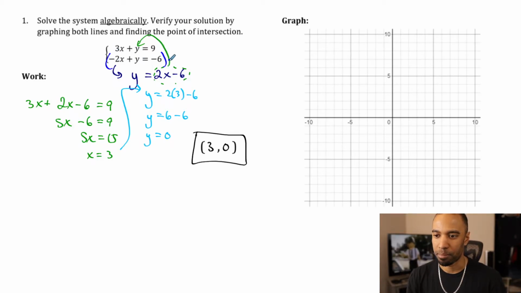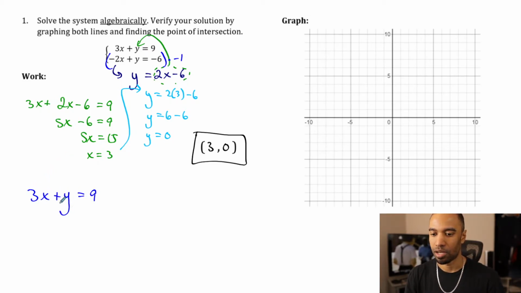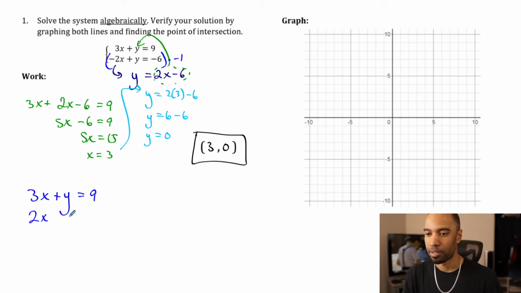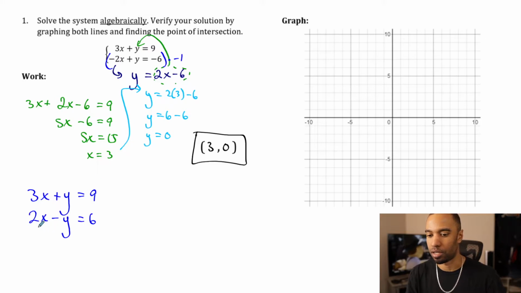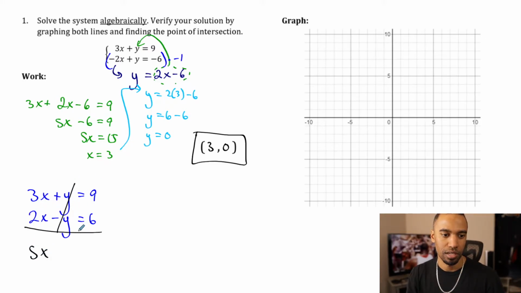say, and multiply everything by -1. I'm doing this because then I can go ahead and get y canceled, eliminated, on top and bottom in a brand new equation when I add these things up. When I multiply the bottom equation by -1, I basically switch all the signs on the second equation. And I'm going to add everything, and I get 5x plus 0 there equals 15, and you get